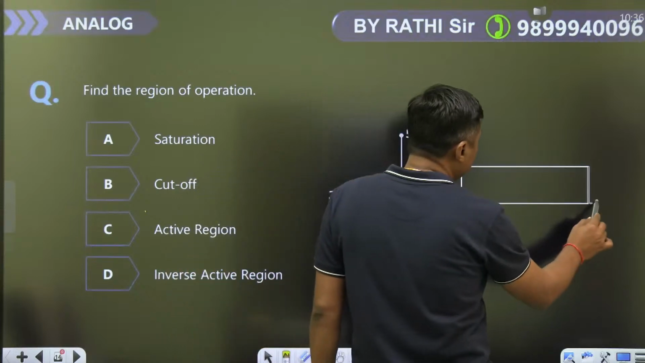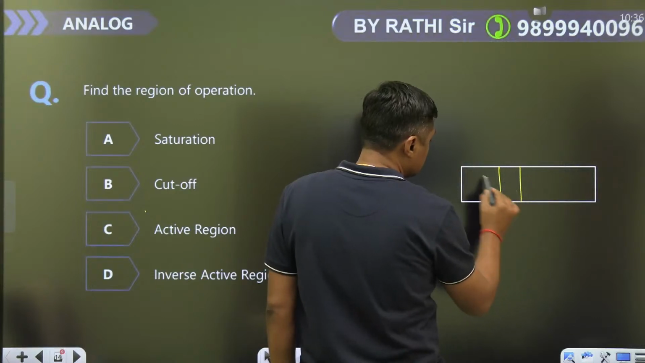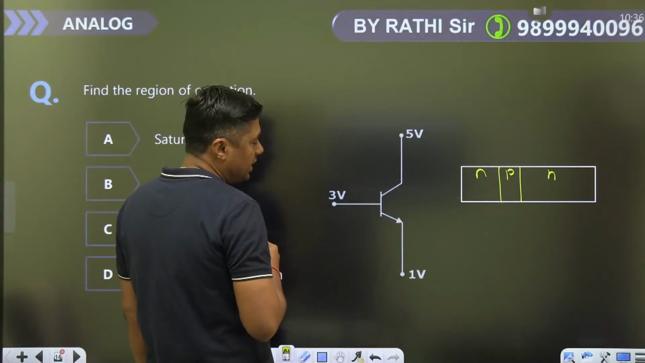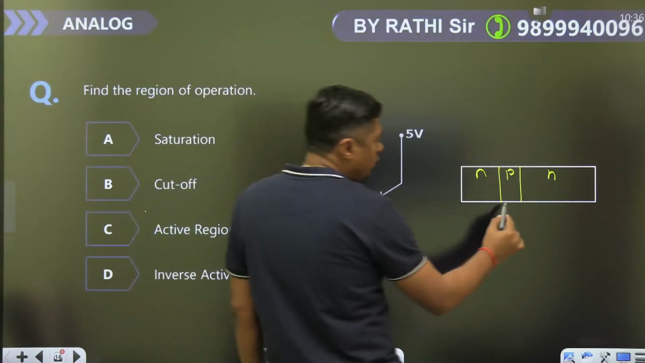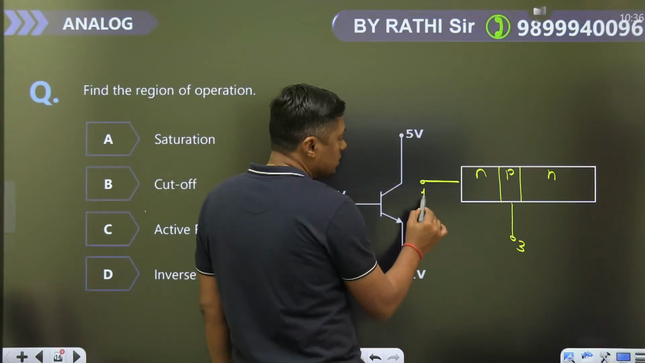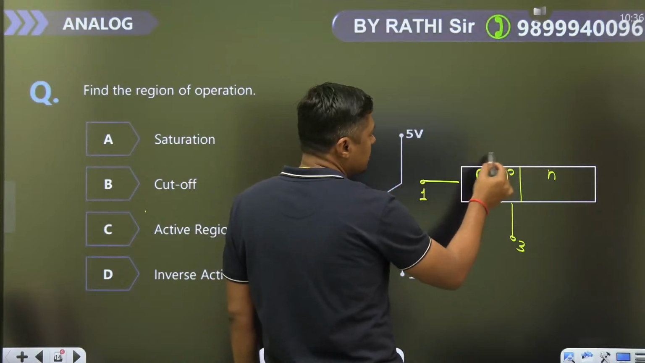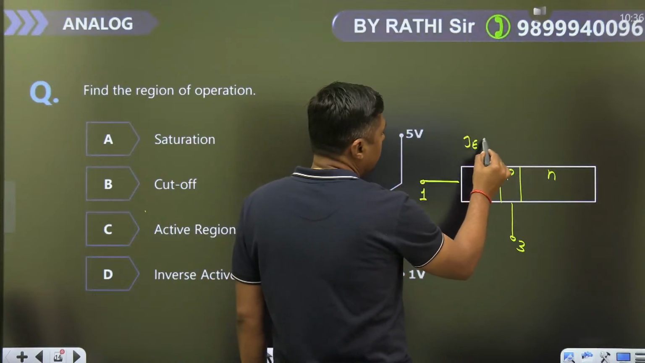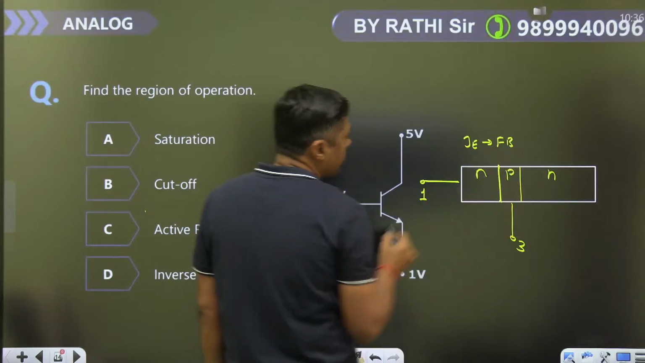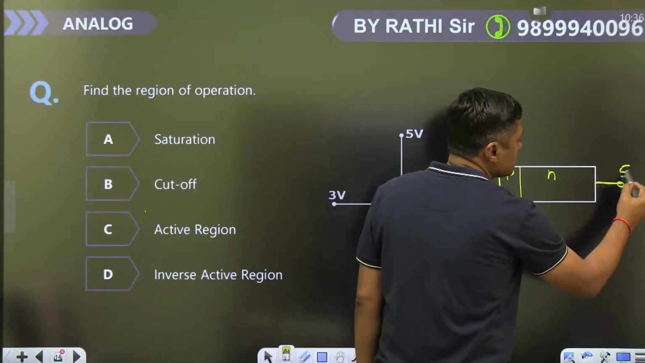याद रखिए ये एनपीएन ट्रांजिस्टर है। ये एरो देखकर आप बता सकते हैं, this is the NPN transistor, जिसका बेस जो है वो 3 वोल्ट पर है, एमीटर 1 वोल्ट पर। तो बेस इज हायर देन एमीटर, that's why we can say एमीटर जंक्शन इज फॉरवर्ड बायस। एमीटर जंक्शन इज फॉरवर्ड बायस, ये वाला जो जंक्शन है फॉरवर्ड बायस। देन कलेक्टर इज एट 5 वोल्ट,